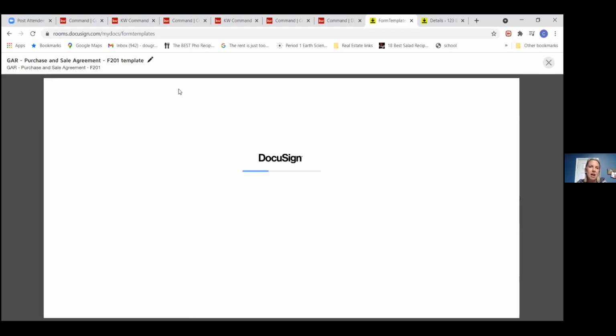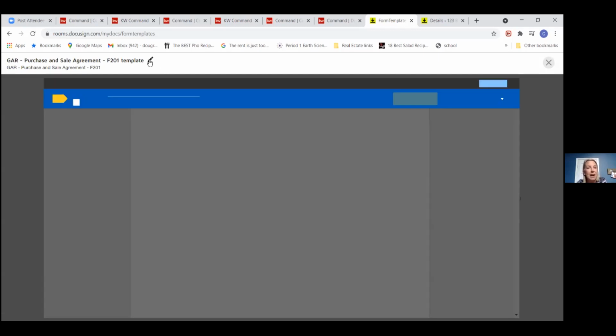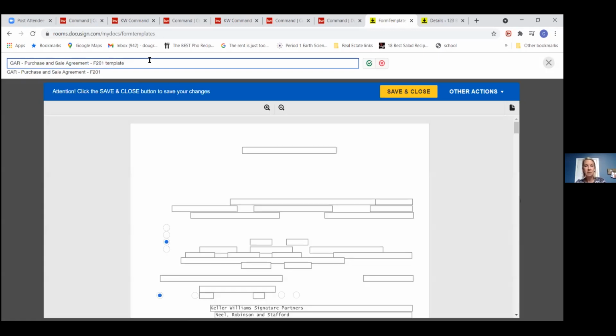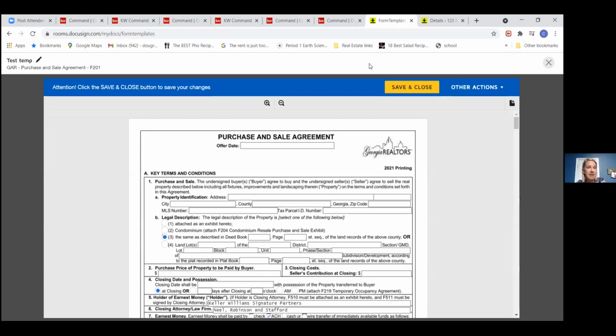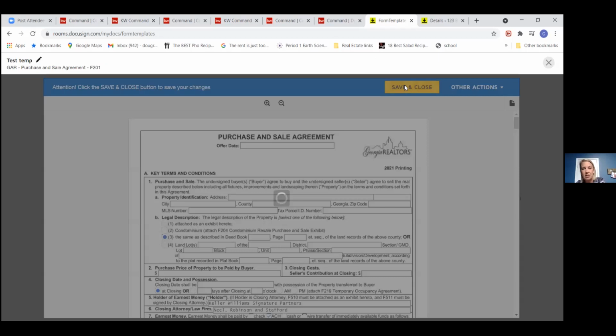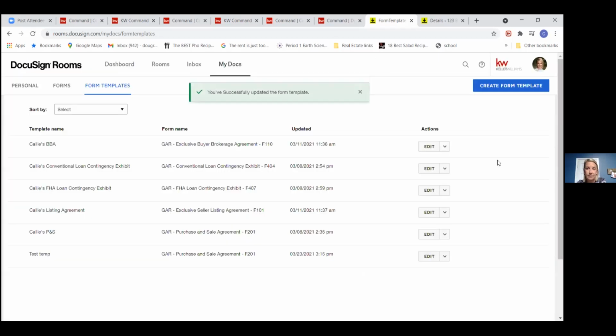If you want to rename the document, you're just going to click right up here on that little pencil, and then you can name it whatever you want to. I'm just going to call it a test template. Once you change that name, you're going to click this arrow here, and it's going to save that name. And again, just save and close. Then you'll see that it's saved here. So when we go back to our rooms,